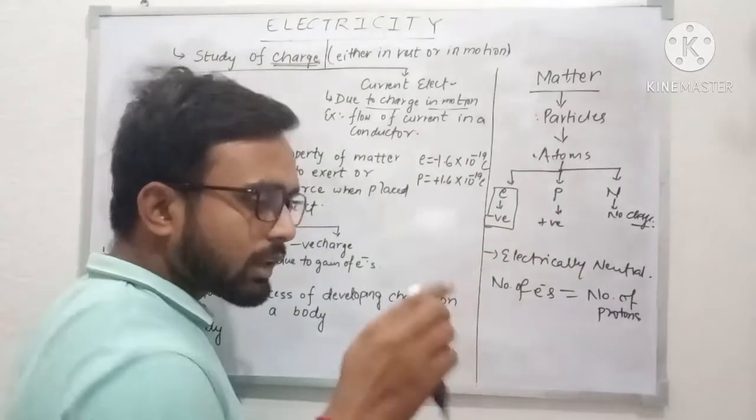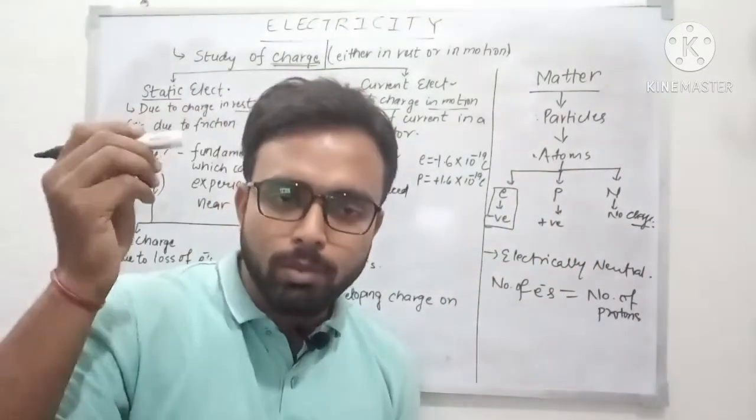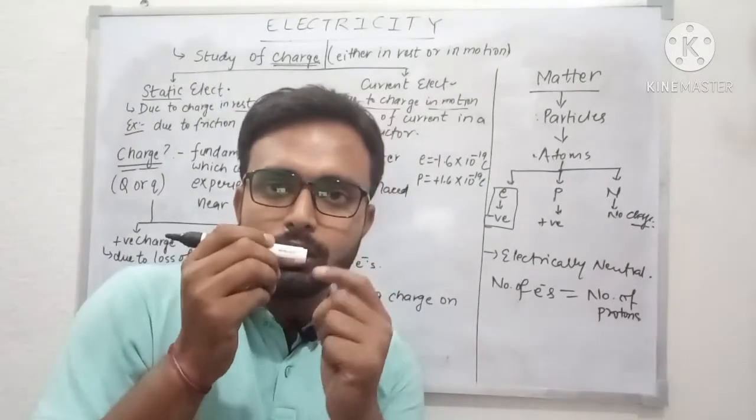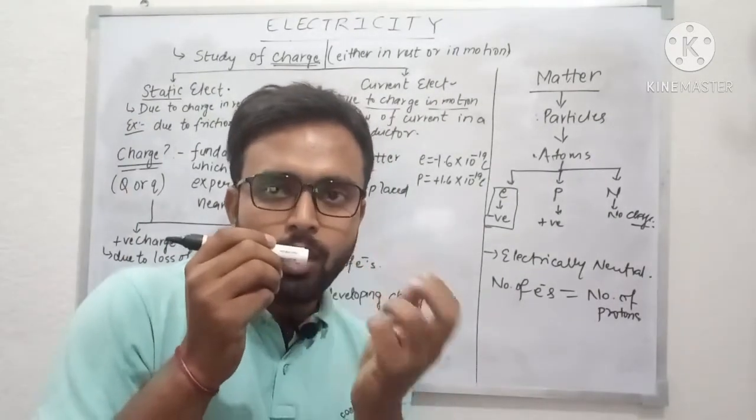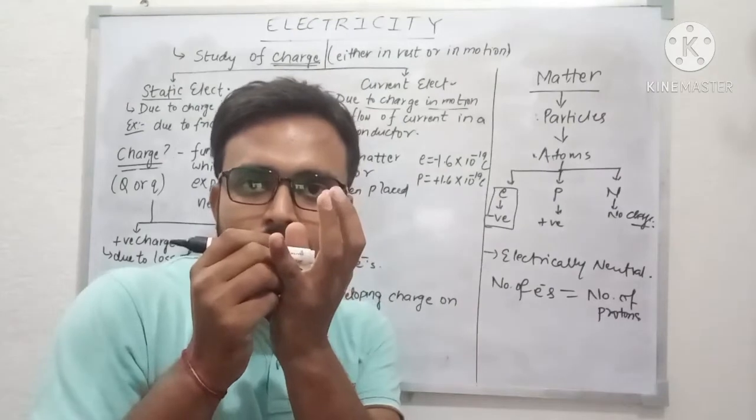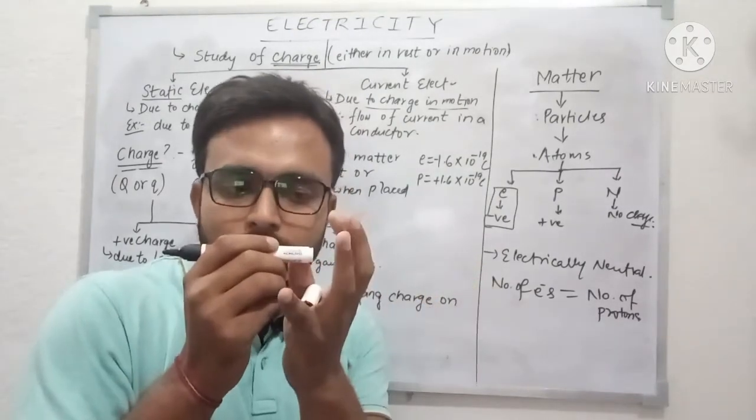जैसे बताया कि जैसे ही हम कॉम को रब किए थे और पेपर पीस के पास ले गए थे, कॉम पे क्या एक्वायर हुआ था? चार्ज आ गया था ड्यू टू फ्रिक्शन। और ये क्या किया था? पेपर पीस को अट्रैक्ट कर लिया था।